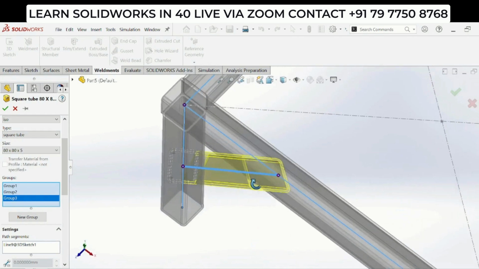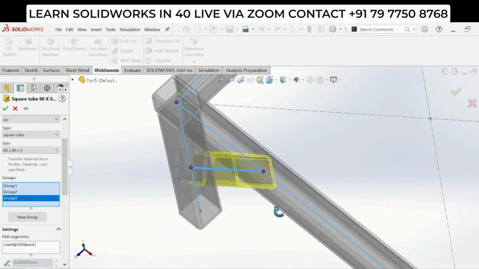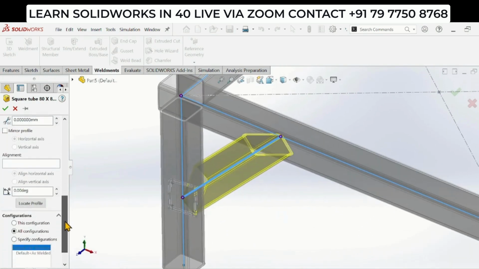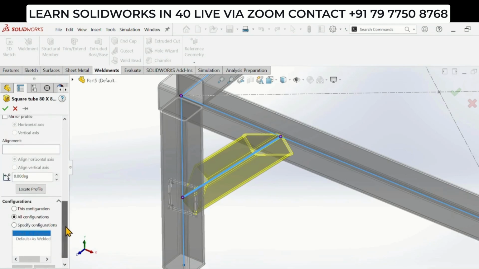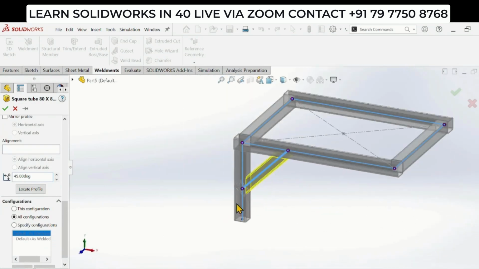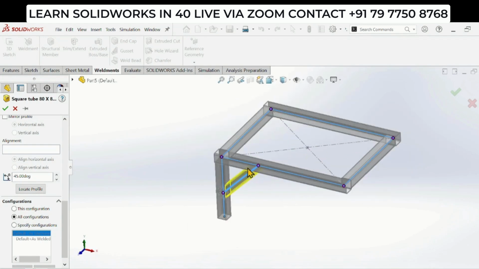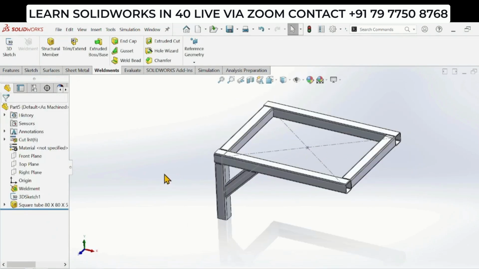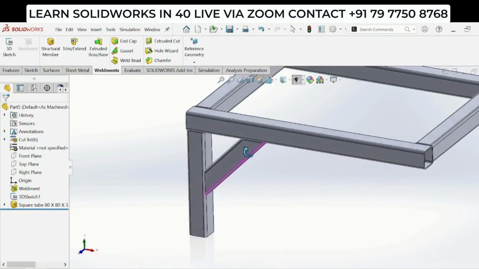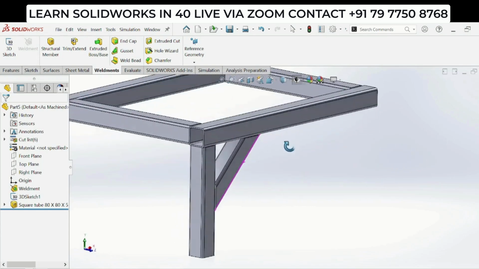We can see the support frame angle is slightly tilted, so we will give the angle here in the alignment. I'll give the 45 degree. Yeah, now this is perfectly fine. I'll say okay. I'll hide this one. See,